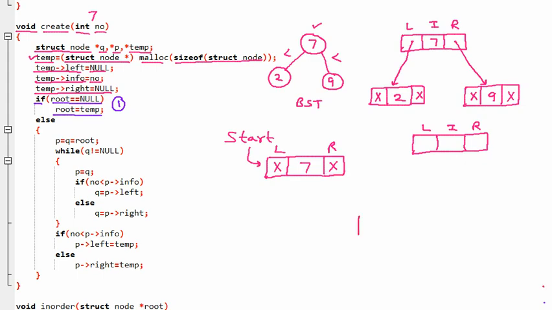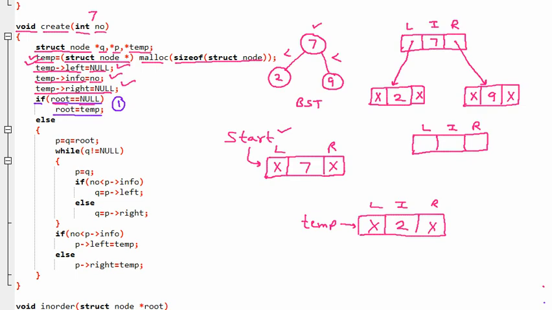Let us suppose that the node which we have created is this one, and in this node we have left, right, and the info, and we know that this node is pointed to by temp. So this is case number 2 which we are discussing. Here we have temp pointing here. We have already placed the number. Let us suppose the number I am assuming is 2. So 2 is here. Left and right are already null, and afterward we go here. So if root is null? Root is not null, because we know that the start is pointing here.